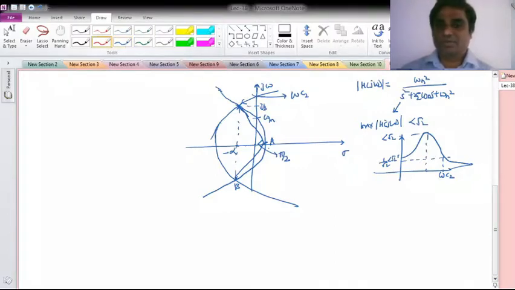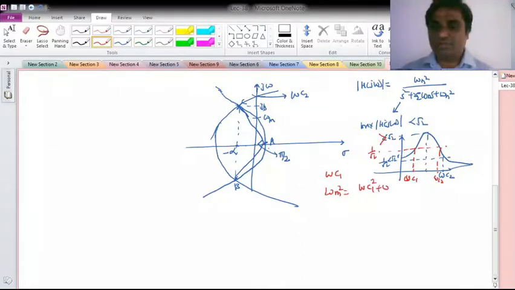Opposite to it, suppose the maximum magnitude of the given function is greater than root 2. Then what will happen with the half power point? I'll get 1 by root 2 of that, which will be greater than 1. So with this I'll get 2 cutoff frequencies, omega c1 and omega c2. Omega c2 we can obtain from this, and by the use of arithmetic mean we can calculate omega c1: omega m square will be equal to the arithmetic mean of omega c1 square and omega c2 square, divided by 2. With this I can obtain omega c1 also.